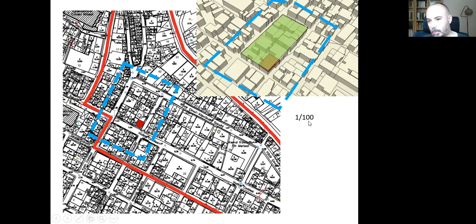I can use 1/200, or I can resize it. I don't have to make a model this big. I can just move this line, this boundary up here. But please do not forget, it's important that you need to create your models with its environment, not creating a model in this size, just showing this building is not enough. You need to consider its environment, its neighbors. That's very important because